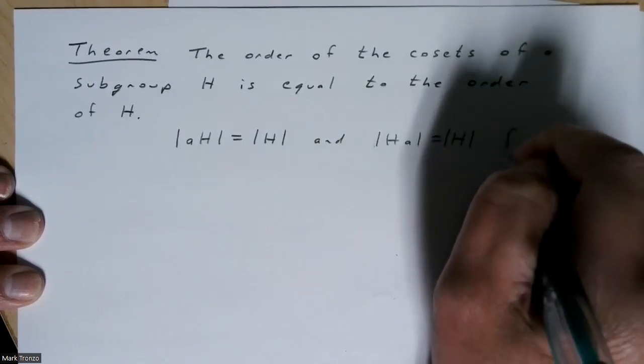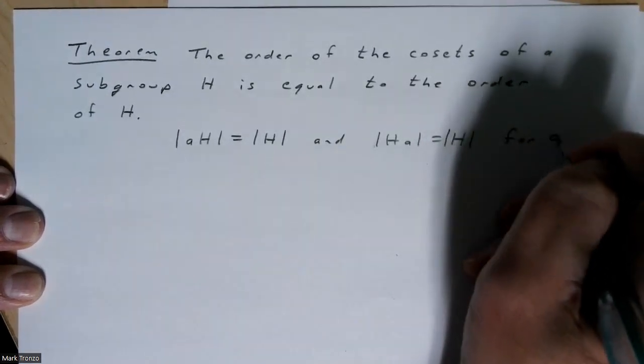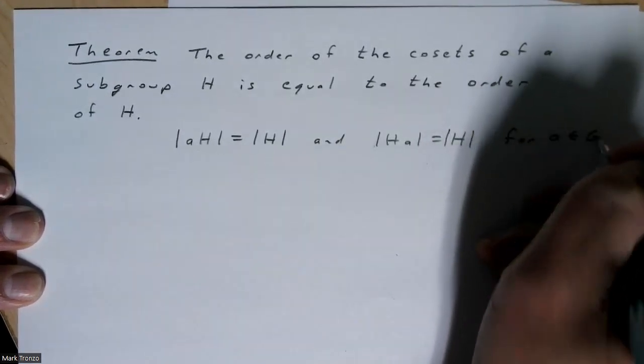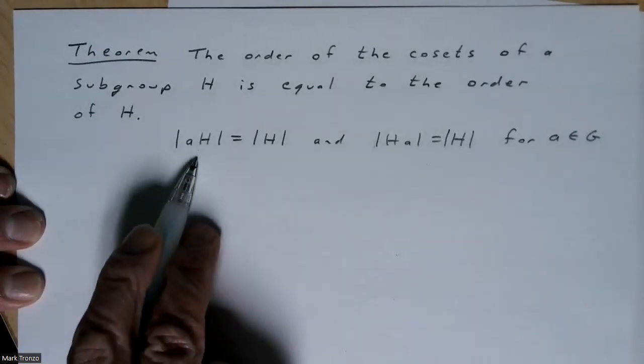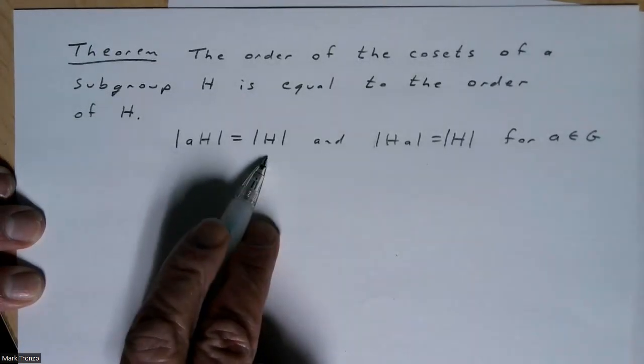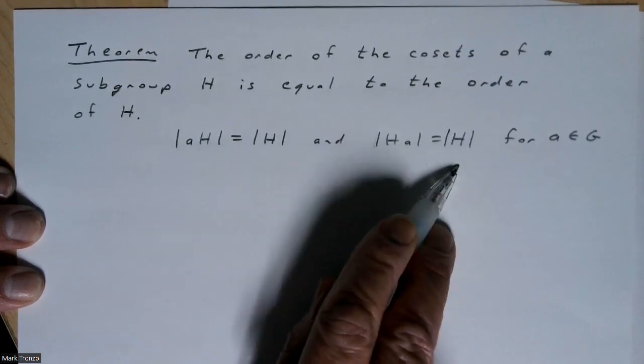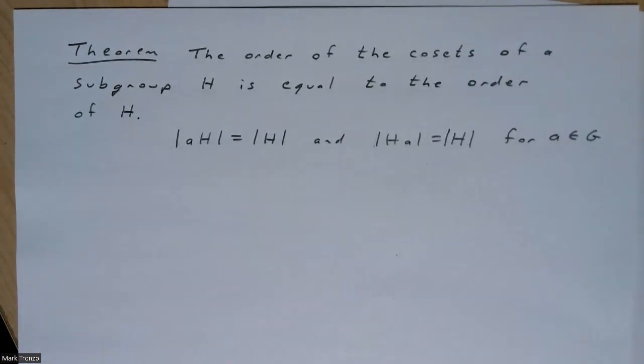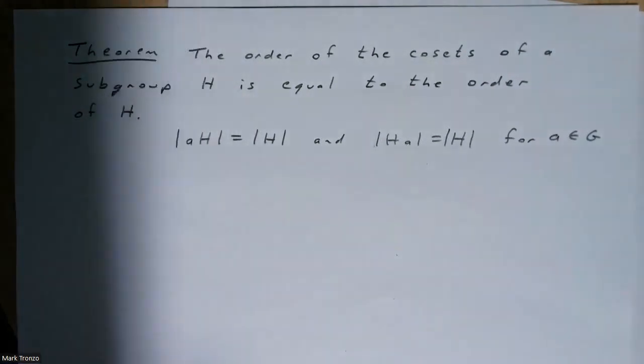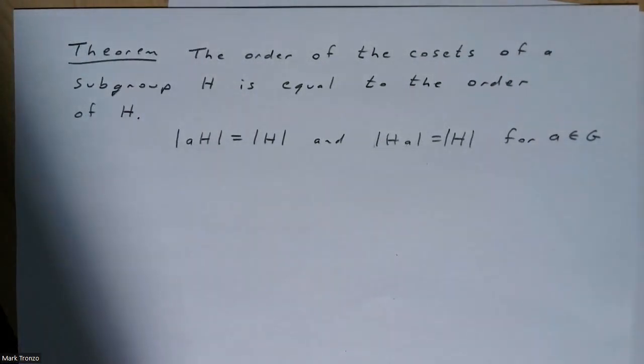So say for a given A in the group, the order of the left coset is equal to the order of the subgroup H. The order of the right coset is equal to the order of the subgroup H. And it's not a proof, but we can kind of see that from the examples that we did